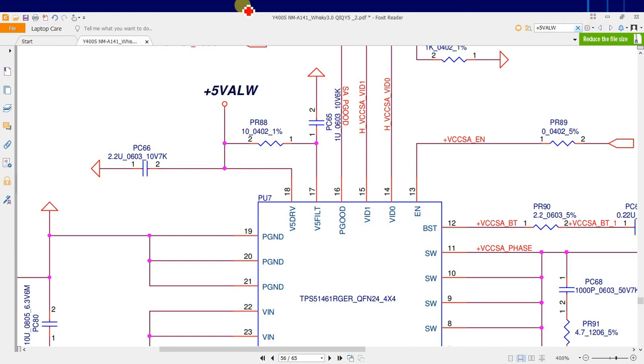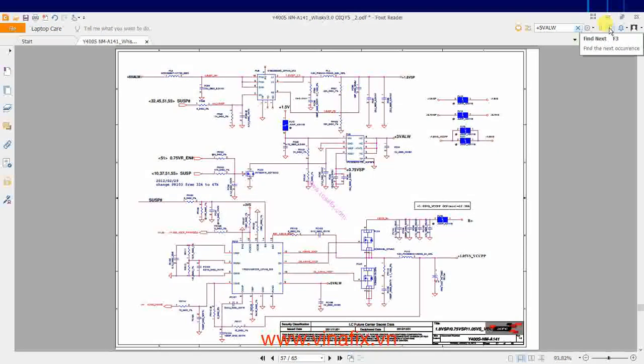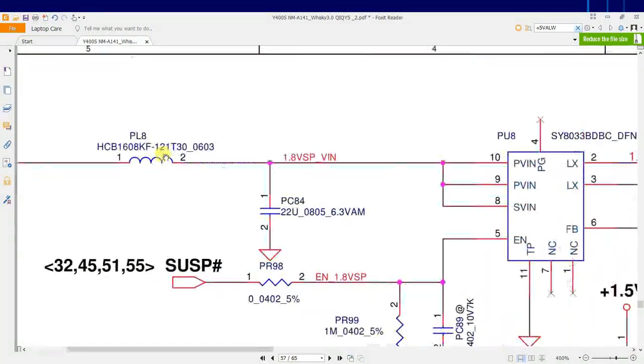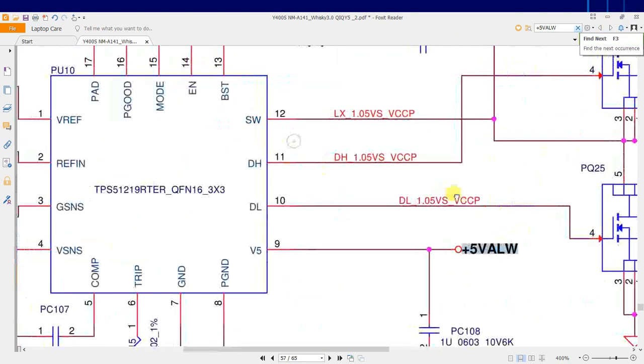Then going ahead, we found that it is going to another section, 1.8 volt VSP, and also going to PU8, which is SY8033B. Then it is going to TPS51219R as an input voltage.